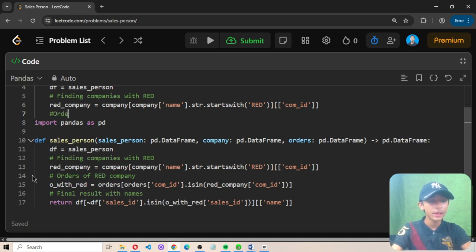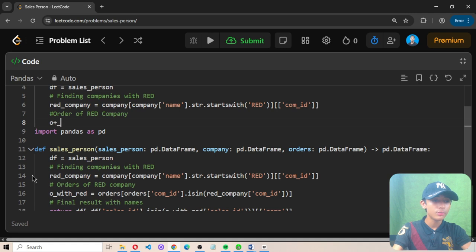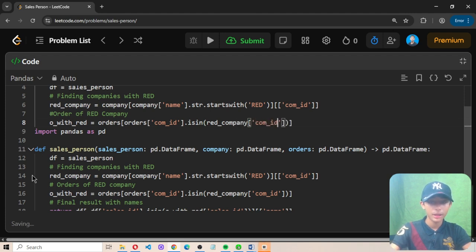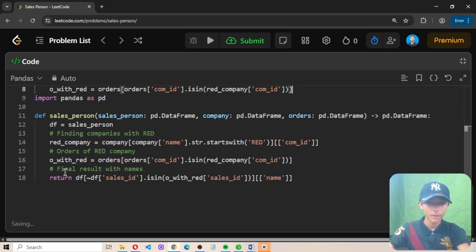So now in the 2nd line here, I define orders of red company. o_with_red equals orders, then com_id, and then here we define dot isin, and then red_company equals com_id, perfect, enter.